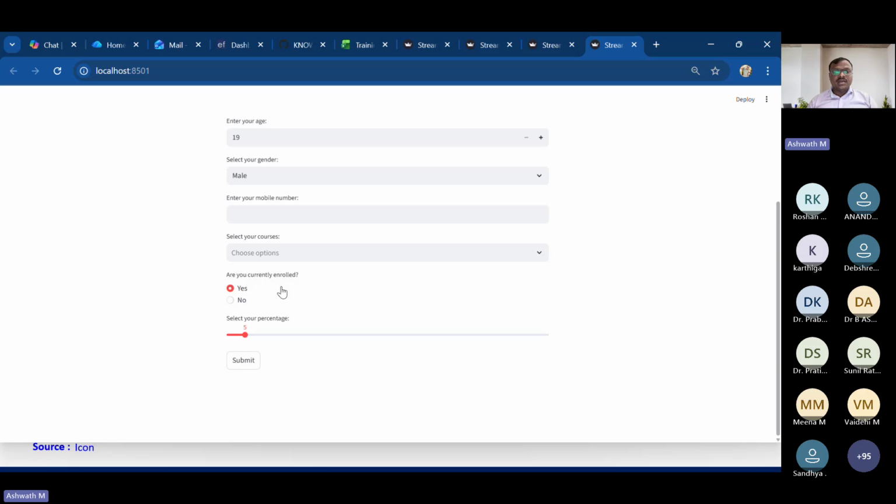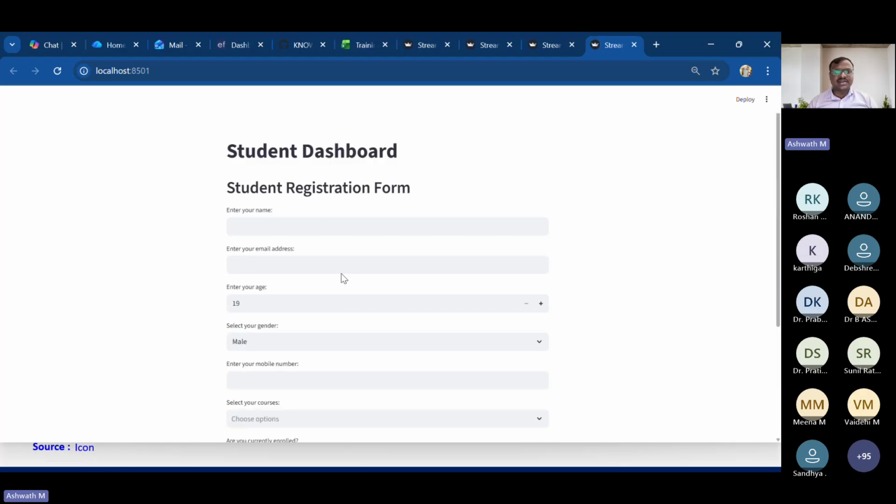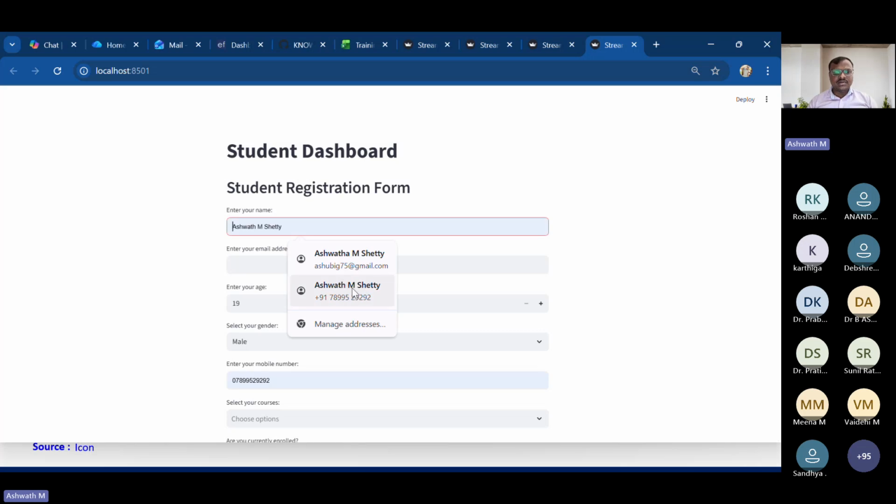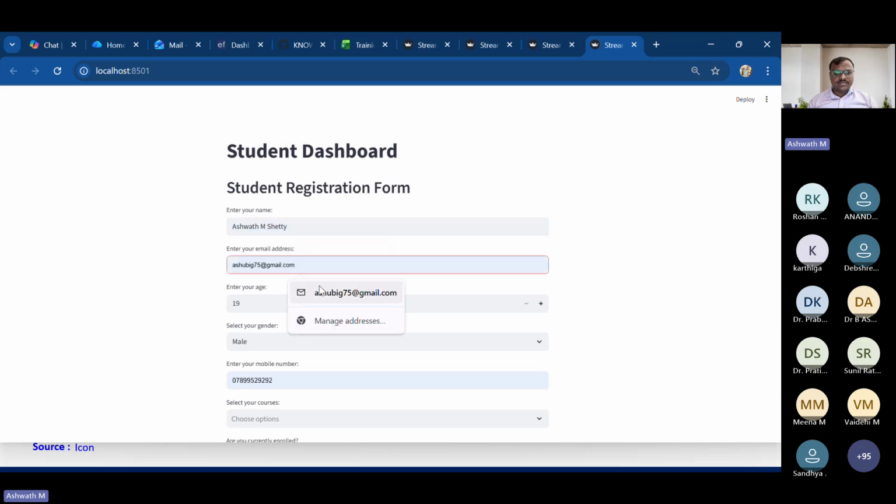You see now, this is created using radio. It gives me the option of a radio button. Any one option we can select. And this is select your percentage. For one click, it goes 5, starting from 0 up to 100. Okay, so whatever percentage is selected, that will be reflected. For example,